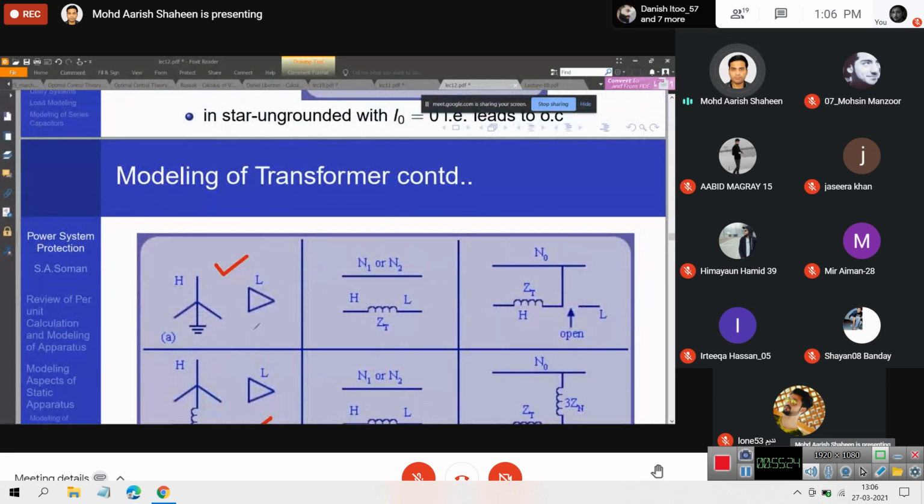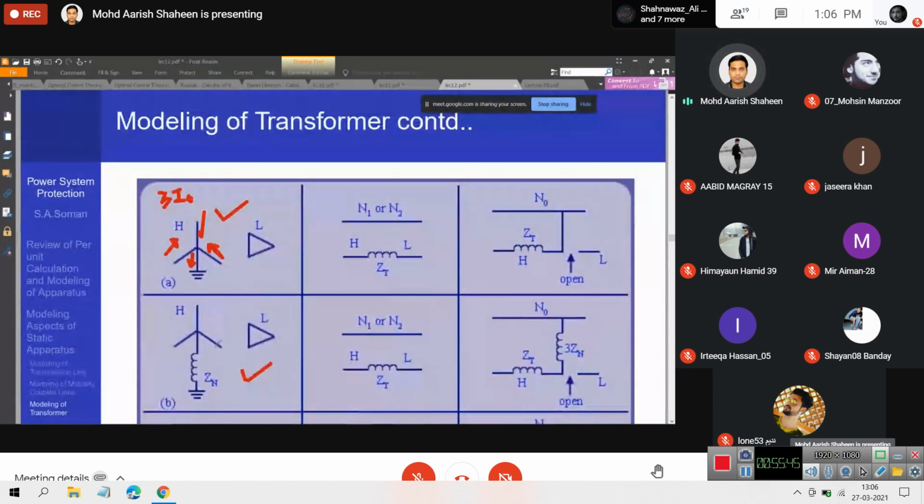If we don't have a ground connection, zero sequence current can't flow, because remember, zero sequence का मतलब है this current and this current, they are equal in magnitude. They are also equal in phase. So अगर आप इन तीनों को ऐड करोगे, IA plus IB plus IC will get 3 times zero sequence current. That zero sequence current has to flow into ground. So if there is no ground connection available, zero sequence current can't flow.